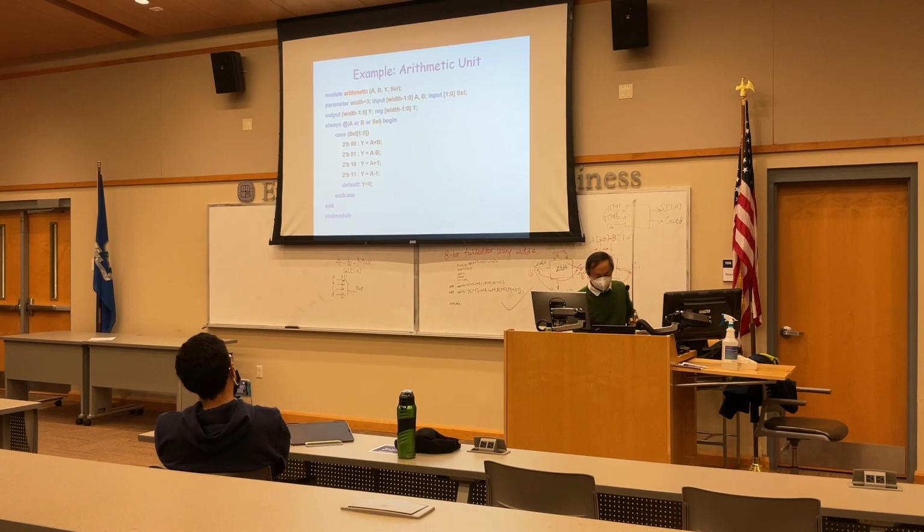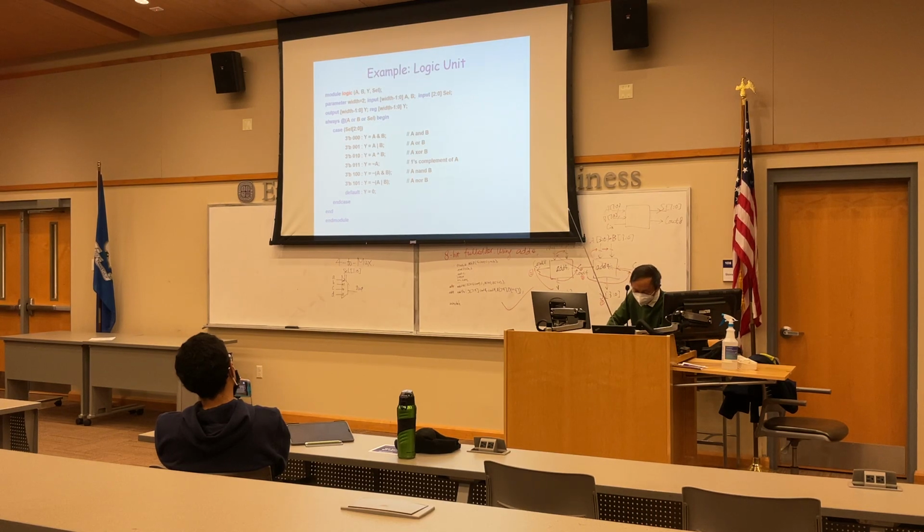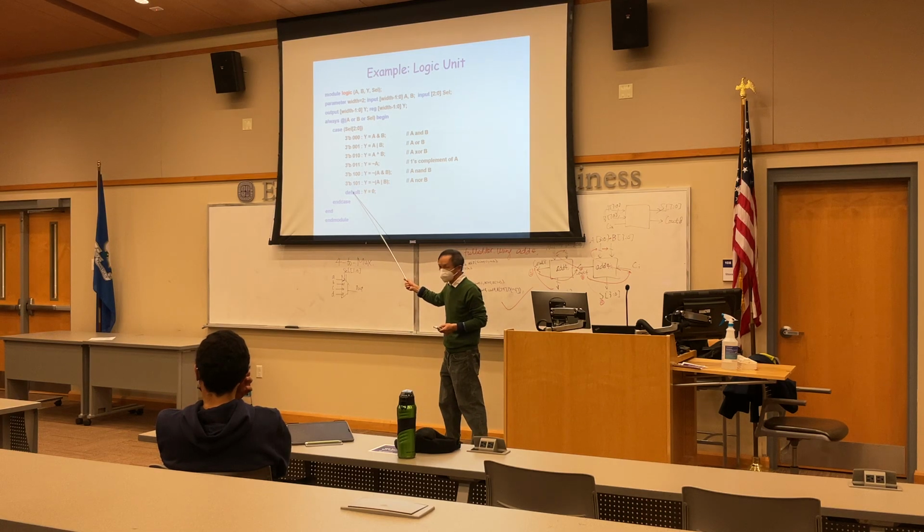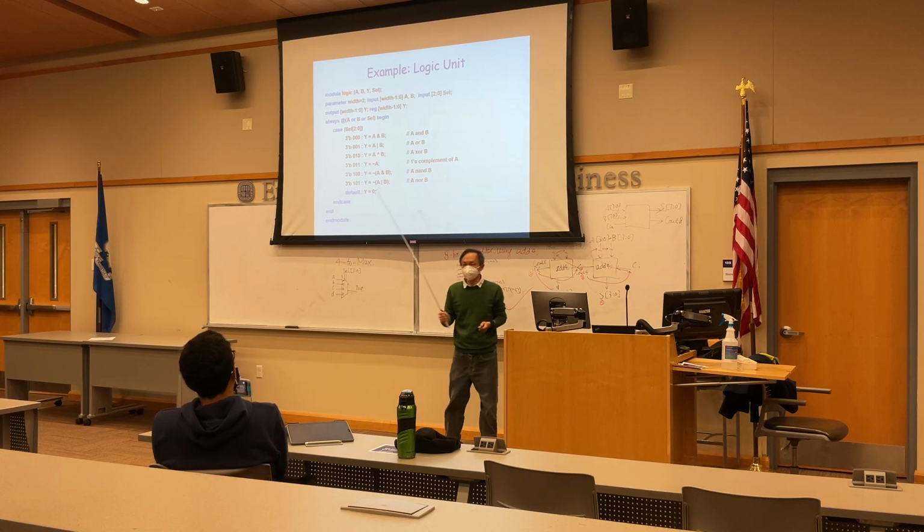Any question? And another logic unit, like the ALU: you're going to decide the select mode is 3 bits, which will allow you to choose 8 modes. Each mode has a function, and the default or other case is set to